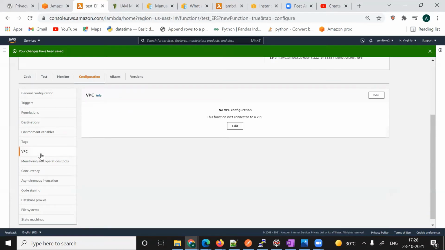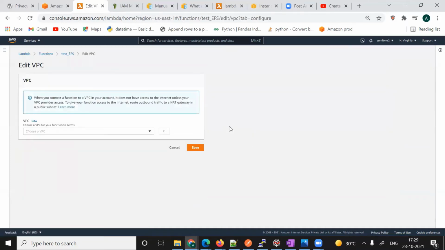Next, VPC you have to configure. Why? Because I already told you EFS is created inside one VPC, and I have used the default VPC. So we have to add the VPC to this Lambda because both services should be in the same virtual private cloud.